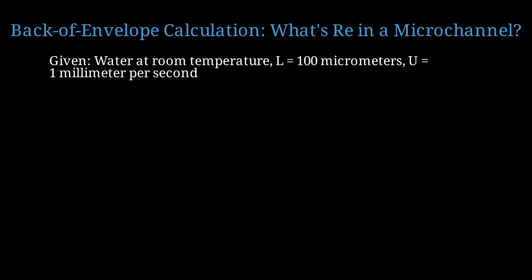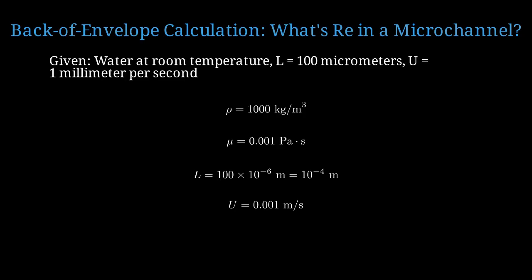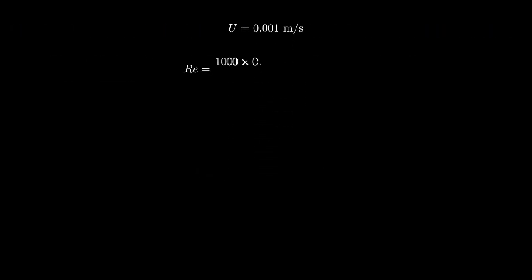Consider water flowing through a 100 micrometer wide channel at 1 millimeter per second, which is a typical microfluidic velocity. Water density is 1,000 kilograms per cubic meter. Water viscosity is 0.001 Pascal seconds. The characteristic length is 100 micrometers, which equals 10^-4 meters. Velocity is 1 millimeter per second, or 0.001 meters per second. Plugging in these values, 1,000 times 0.001 times 10^-4, all divided by 0.001, gives us a